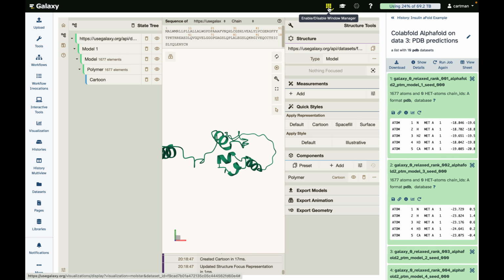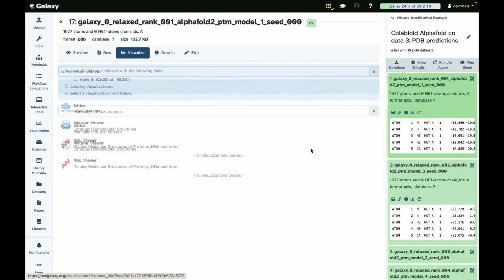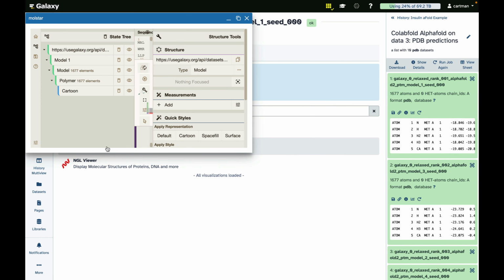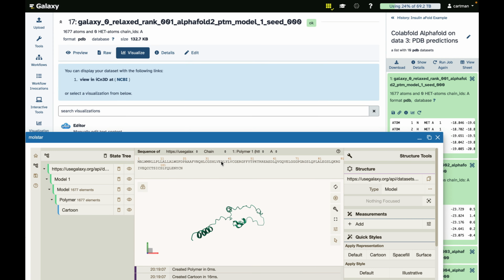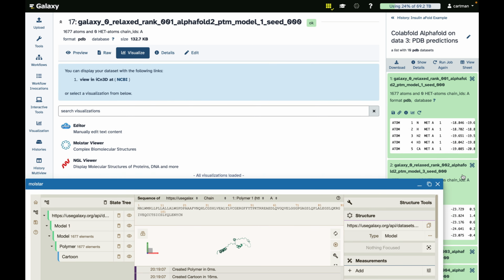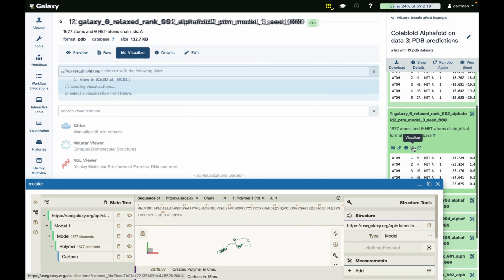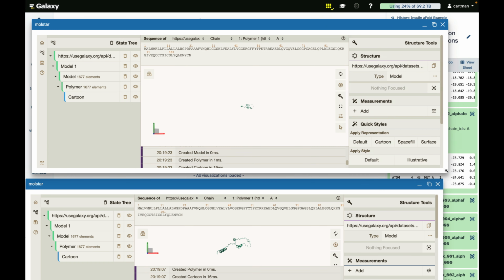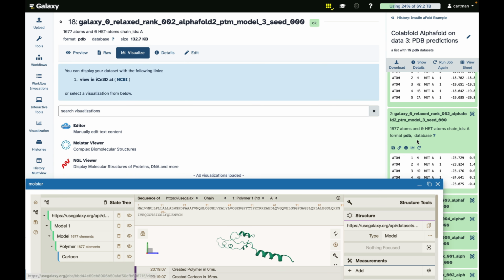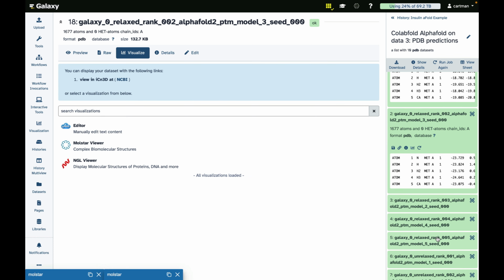Well, if I enable this thing, then see what happens. Let's visualize this one. I select Star Viewer again, and you can see that now it appears in a window inside the interface. So now, for example, if I want to look at the other one as well, I can again click on Visualize, select Star Viewer. I'm going to get another window where I can have them side by side, so I can actually start comparing things. I can minimize these windows, shuffle them around, and that works for